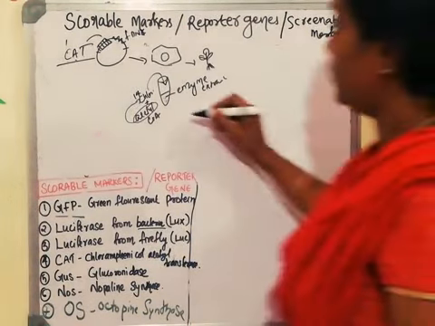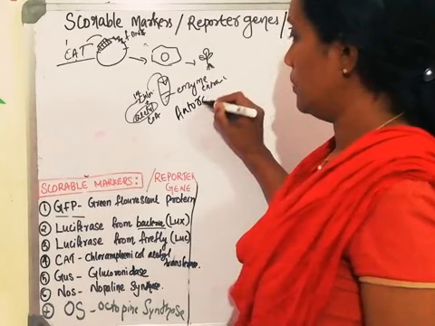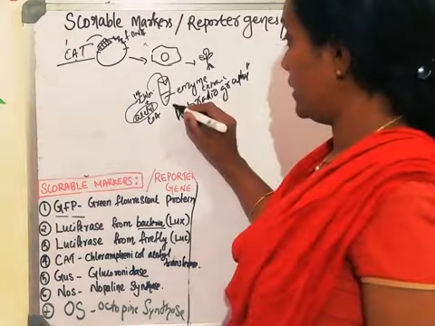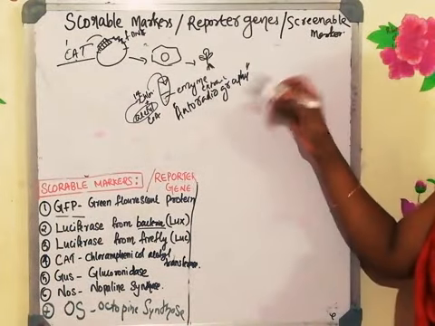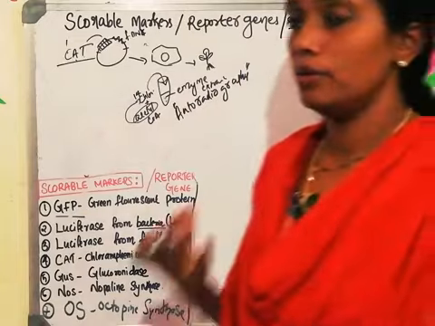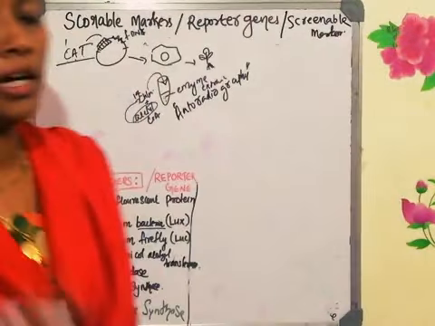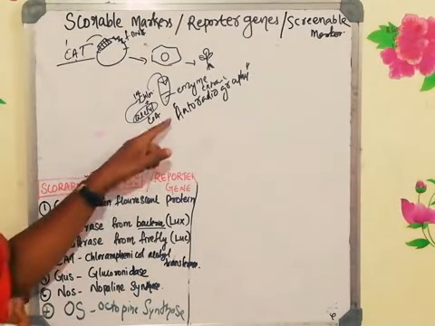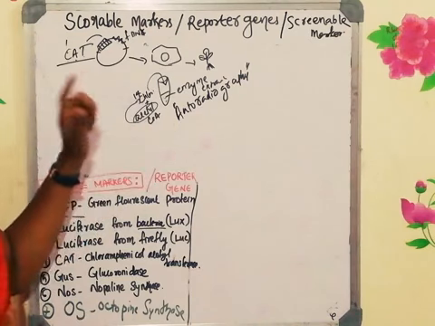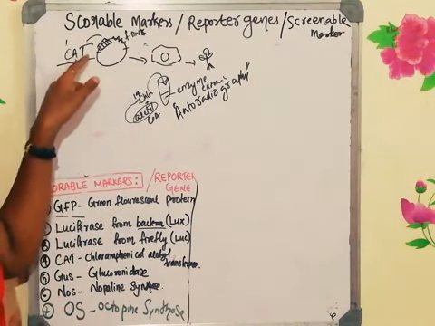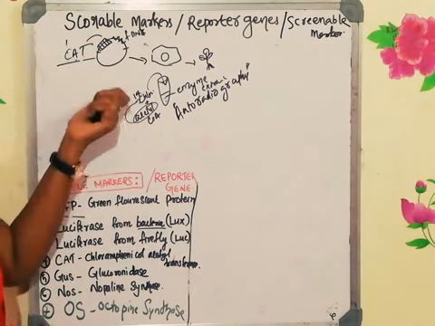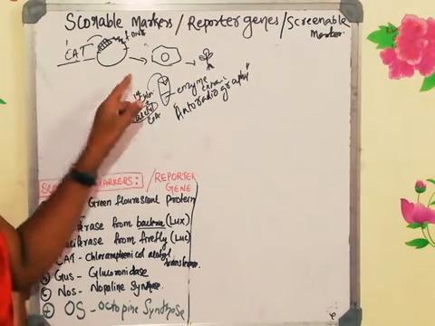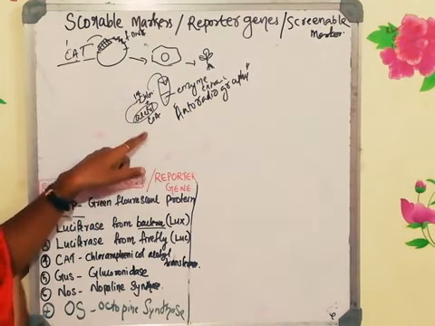The formation of acetylated chloramphenicol can be detected by a technique called autoradiography. You remember what autoradiography is? Last semester I taught you this several times. Since we are using a radiolabeled chloramphenicol, we can go for the autoradiography technique, and then you will get to know the level of gene expression. So autoradiography is the technique used here. I think you are all clear with that. To find out whether the plant has taken up the foreign DNA, you need to take a plant extract or enzyme extract, and into that you need to add labeled chloramphenicol and acetyl-CoA.